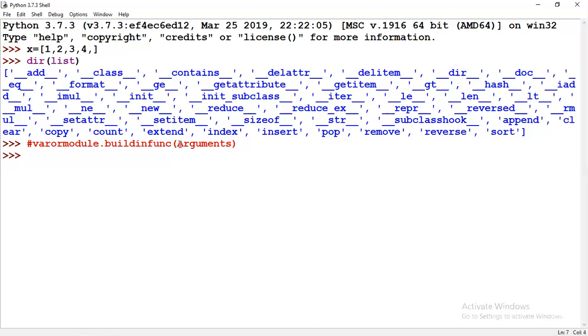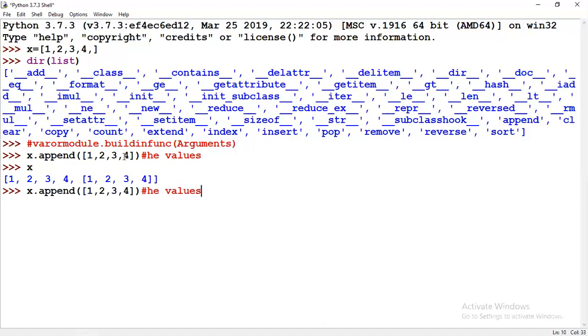Now what I am going to give here is x, which is nothing but our variable name, and then append. I'm starting with append. So variable name, built-in function, and now I need to give an argument. The values you pass inside the function are known as arguments. Now I am going to give one complete list. So x, see the output: the complete list is added at the end of your list.